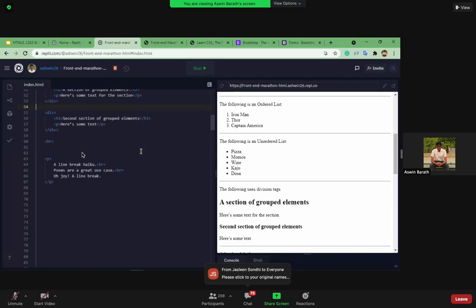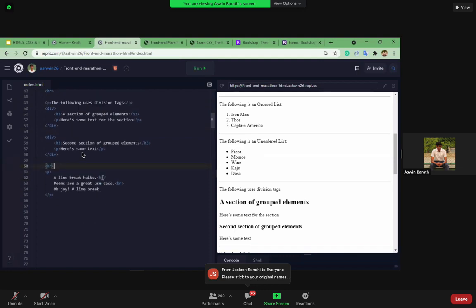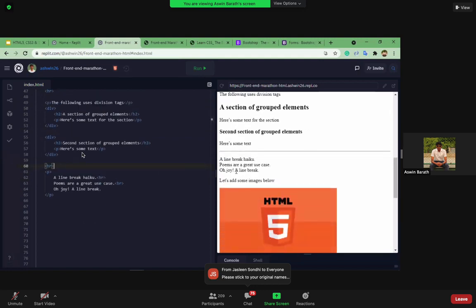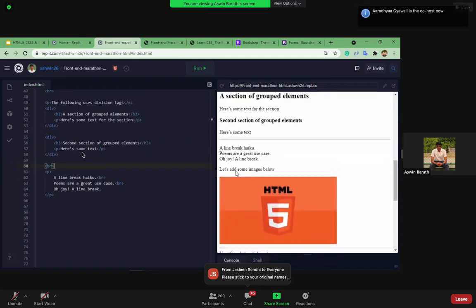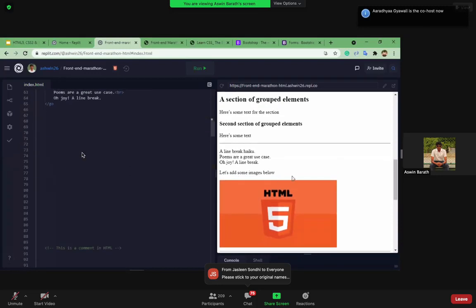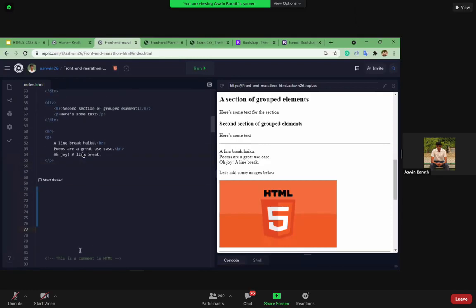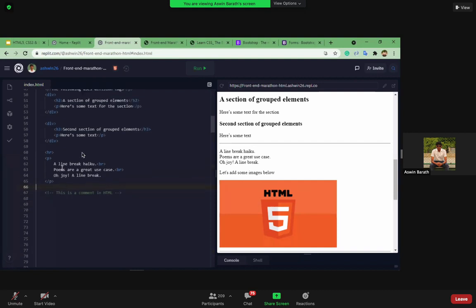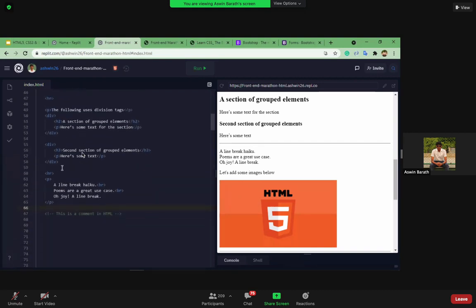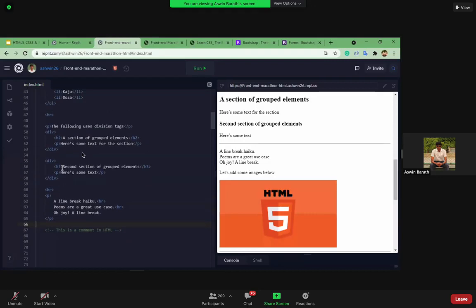Let's move on to the images part. Let's say I want to add this image over here. Before adding an image, let's add some comments to our code. Let's say we are coding a really big website and we have to add some comments to note what each part is doing, right?